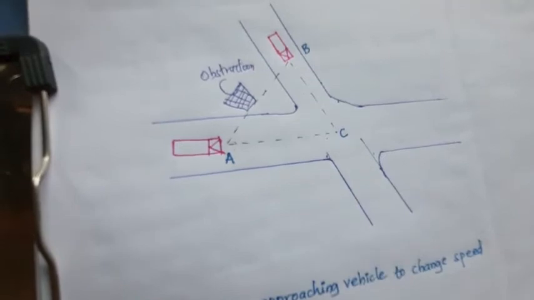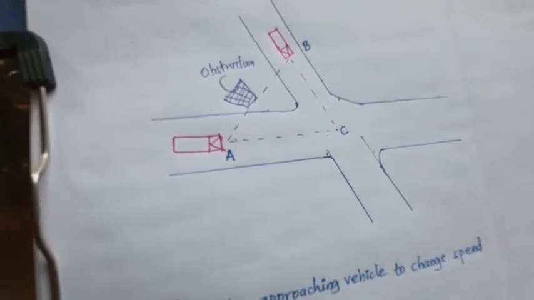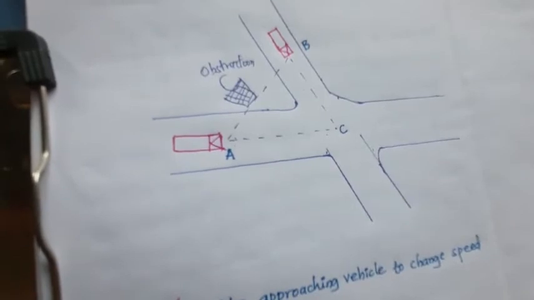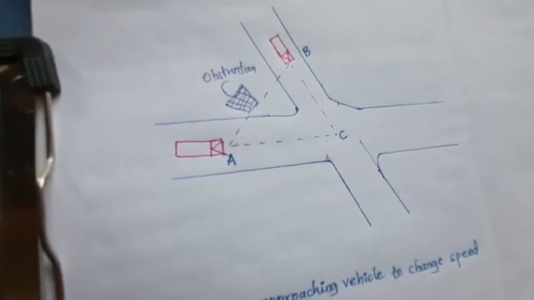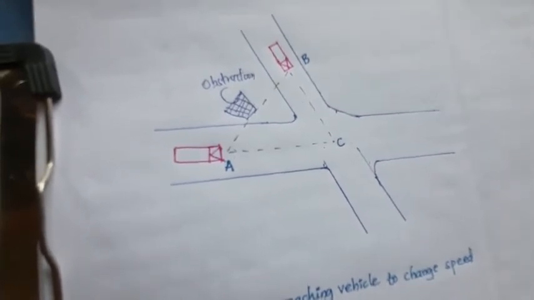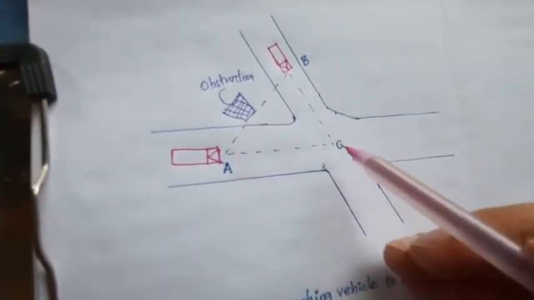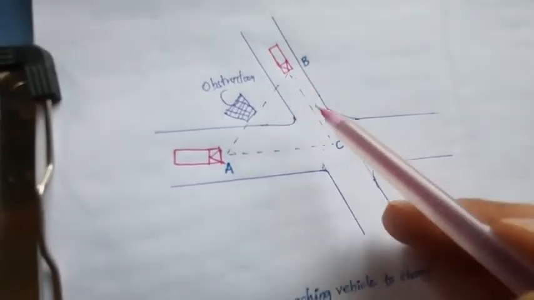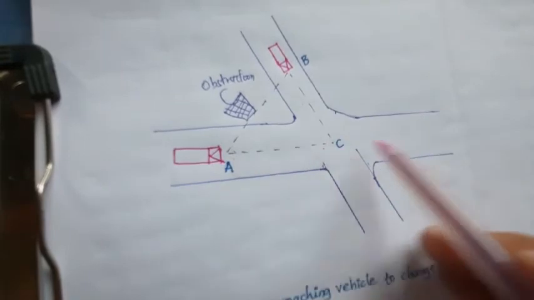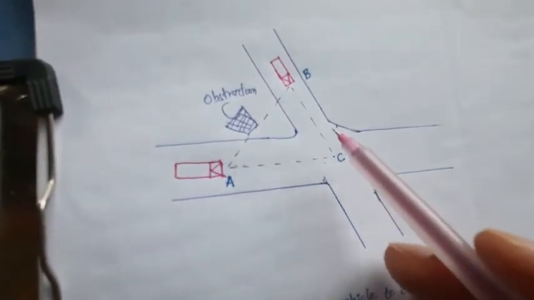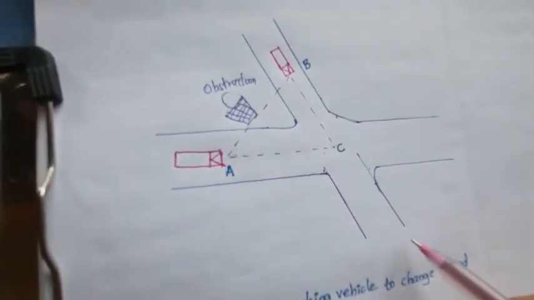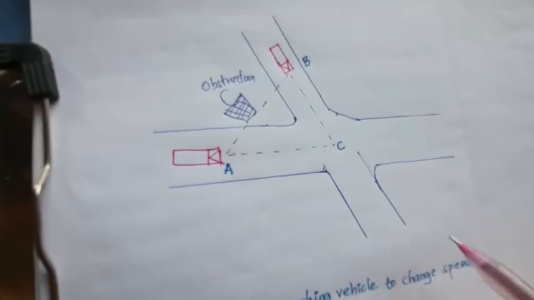Preferably, we go to 3 seconds. But this sight distance, being too less, should be increased in all possible conditions. So generally, if the two vehicles are approaching, one vehicle has to slow down so that the other vehicle can pass away, and later he can cross the particular major road. Clear?